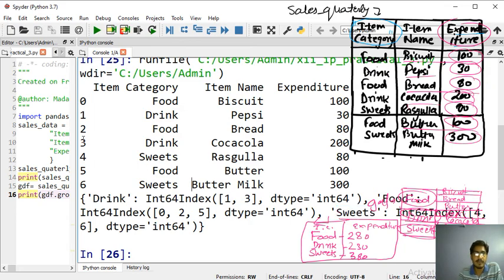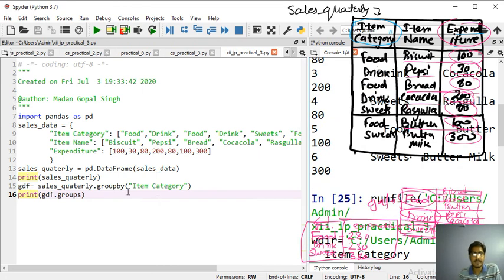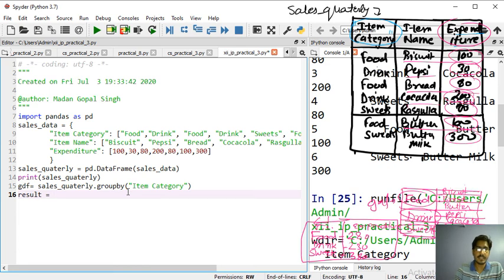Okay, now we will apply the aggregate function. So let me find the result. Let's suppose result, I'm just creating the data frame.